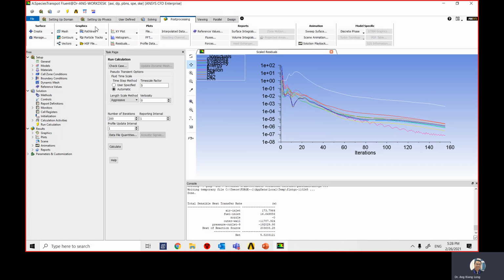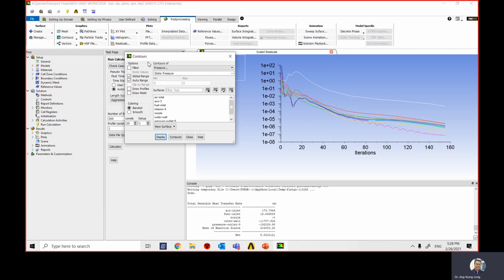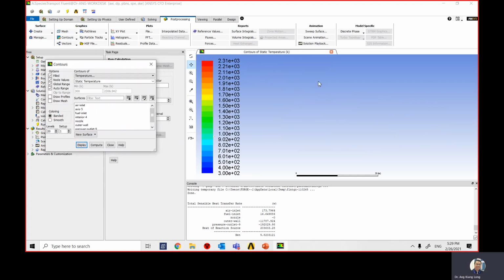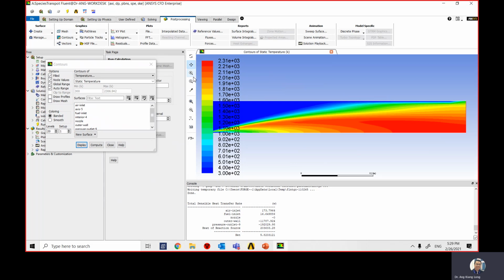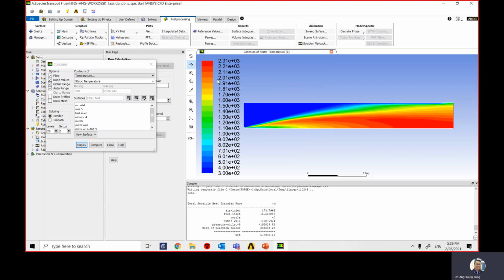Again, go to processing, graphic, you go to contour and edit. So this window will come out. It asks you what you want to project for contour. In this case, we will click the fill. You'll fill the graph with the color, and we are going to see temperature. So select temperature, static temperature, and we will display. If you don't see anything, don't panic. Just go here and click zoom fit,